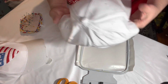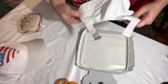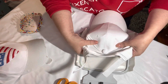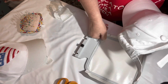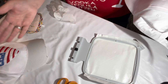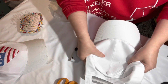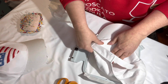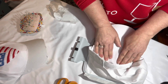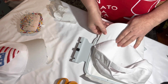So anyways, I take my hat. On the back of your hat, some of them have a little Velcro piece. Other ones have snaps. It just depends. So what you're going to do is take it, and you guys know that when you put your hoop in, it locks on your right hand side. So you're going to take your hat and press it down, okay? It's going to be a little hard for you to do, but you can do it. Press it down. You want to get it down as close as you can, because when you start sewing on it,